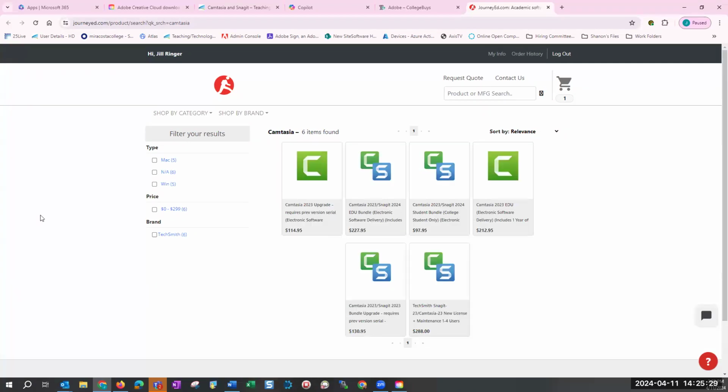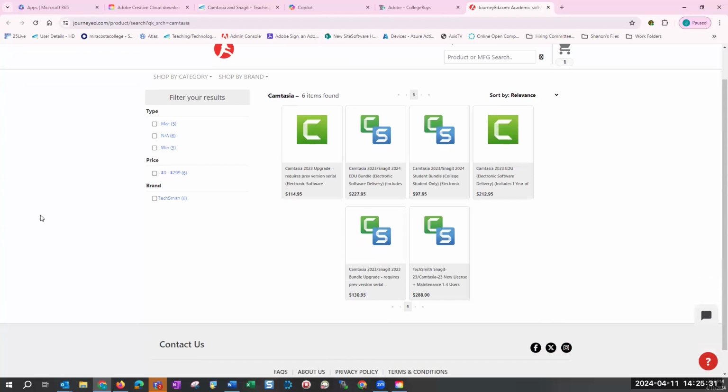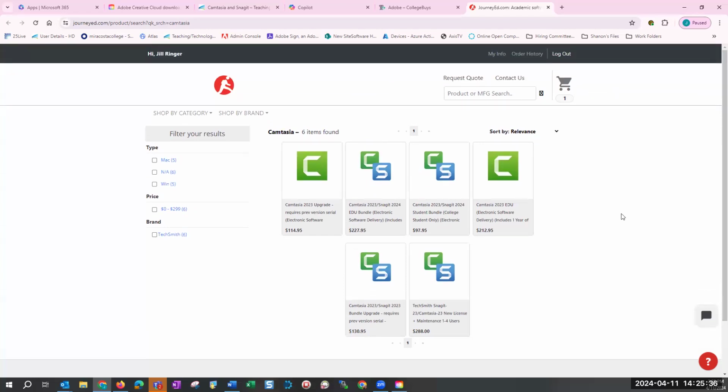I have all these links here because it would take me like 15 minutes just to find this page. Camtasia is expensive. So the 23 student bundle is $100, where you get Camtasia and Snagit. So it's $97.95. But these programs are out there. If you don't know that they're out there, it's really hard to find, because you do a search for discounted software and you get millions of links.